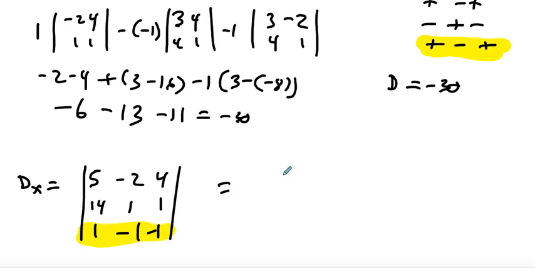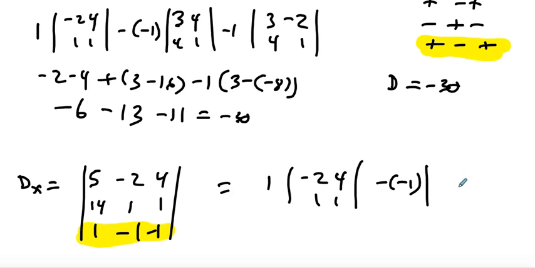So doing this right here, I'm going to try to move a little quicker so this video isn't real long. All right, so 1 times the determinant of -2, 4, 1, 1, right? Because if I cross that out, then it's going to give us that right there. And I do minus a -1, because it's minus a -1 times the determinant of 5, 4,